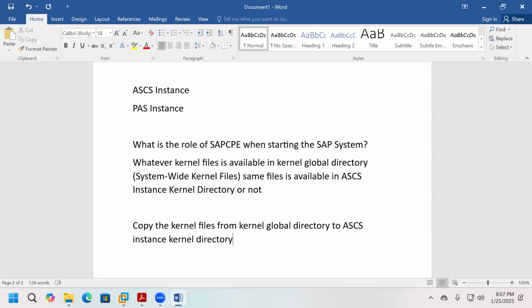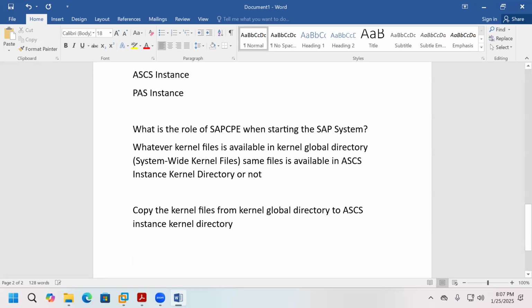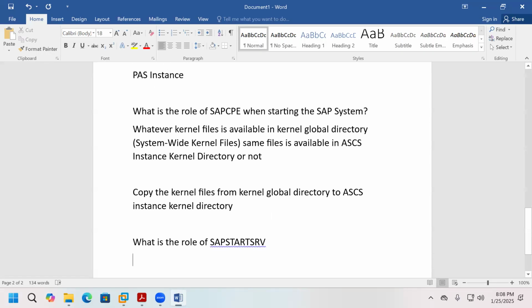After copying, SAP CP, what do they do now? What is the role of SAP start SRV? SAP CP role is completed. Now, what is the role of SAP start SRV? After copying